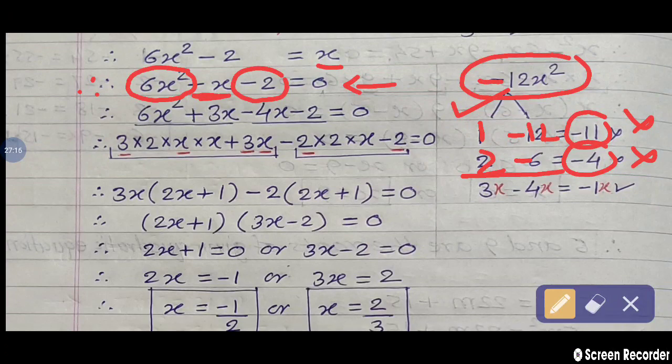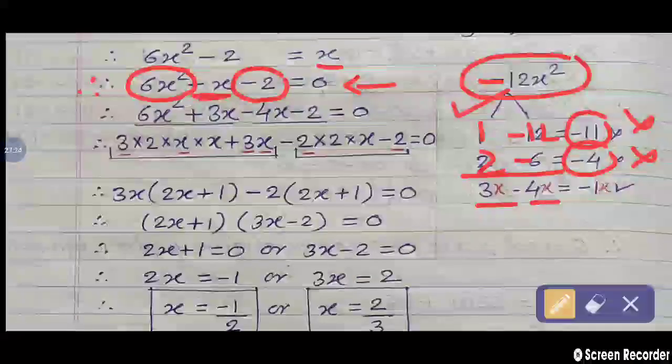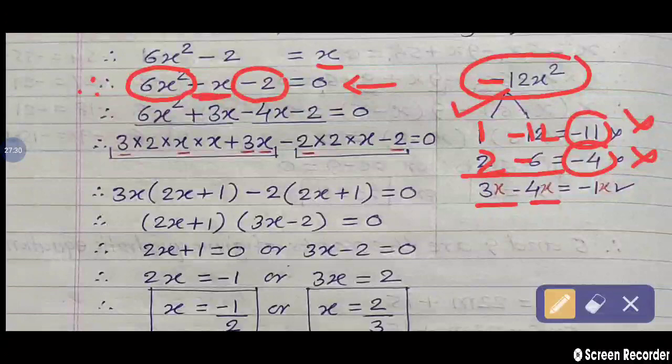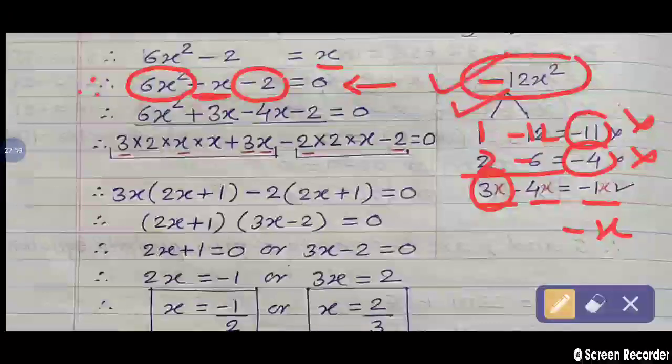Now next, take the number 3. 12 is divisible by 3. Yes, 3 fours are 12. Is it right? So we are getting the product minus 12 and the bigger number is 4, so give the negative sign to the 4. So 3 minus 4, we get the answer minus 1. So use the variable x. 3x minus 4x is equal to minus 1x. Minus 1x means write only minus x. And the product of these two factors is minus 12x. So we are getting the factors 3x and minus 4x.